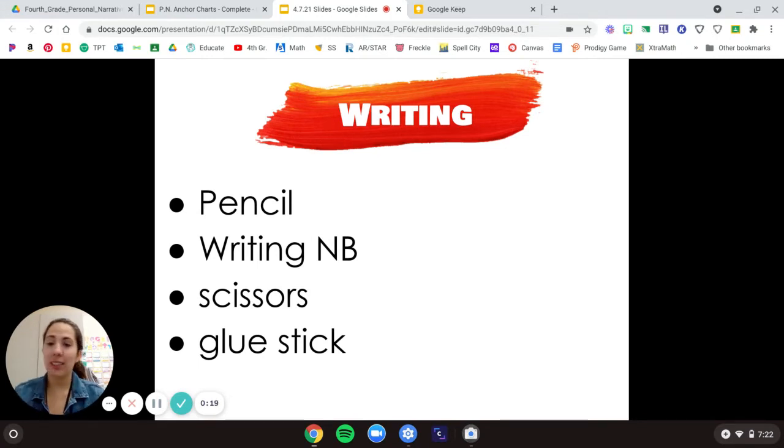All right. So today, fourth grade friends, we are going to be talking about really important words that help our readers follow our stories from beginning to end. Writers use transition words to help their readers understand the order of events in their story, so how the story goes along. Listen to this story and see if you can hear any transition words that help the story move along. Our story today is called Snow.